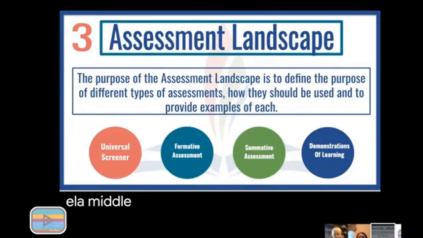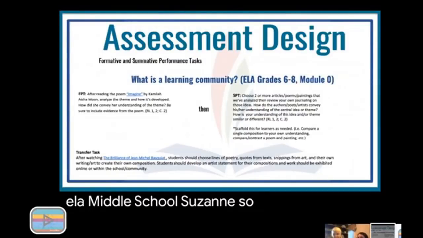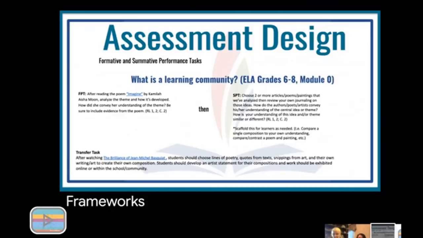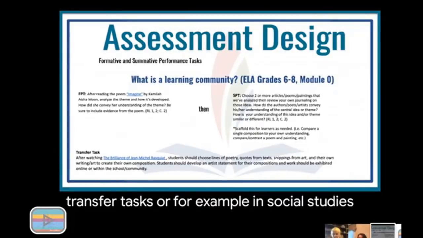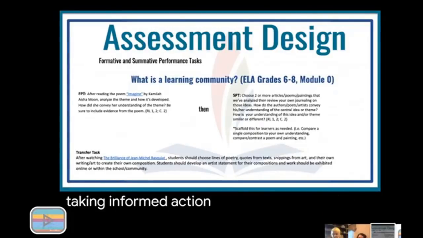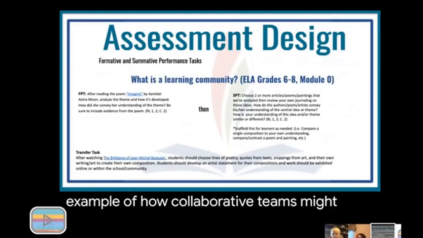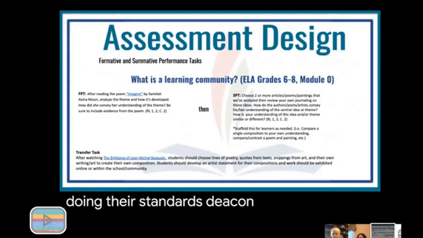Susanne? So this is just an example of the task structure that we've included in the design of our curriculum frameworks. We offer several formative performance tasks and summative performance tasks that then connect to transfer tasks, or for example, in social studies, taking informed action. And so this is just an example of how collaborative teams might, after doing their standards deconstruction, bundling the standards together,